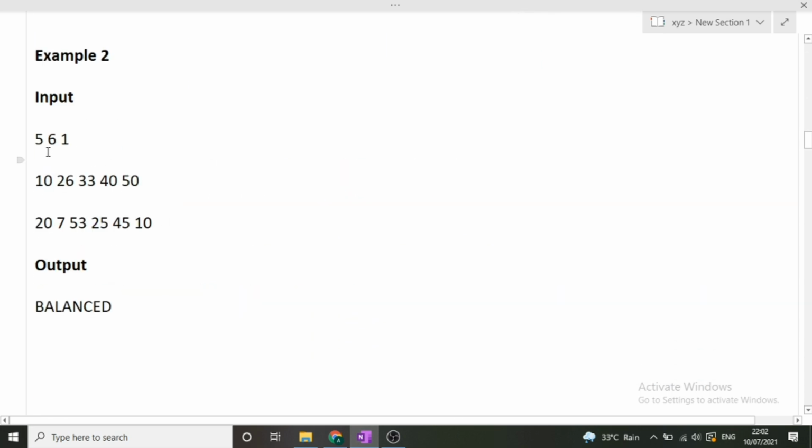Okay, so the second example: we are given this input, that is n, m and r value. N means the number of incoming pipes. Here 5 means 5 are the incoming pipes, 6 means 6 are the outgoing pipes, and these are the rated capacities given to us, and 1 here represents the rust factor. Similarly, first we will calculate the sum of actual capacities of the incoming pipes, that is rated capacity minus rust factor: 9 plus 25 plus 33, then plus 39 plus 49. This will give us 155.